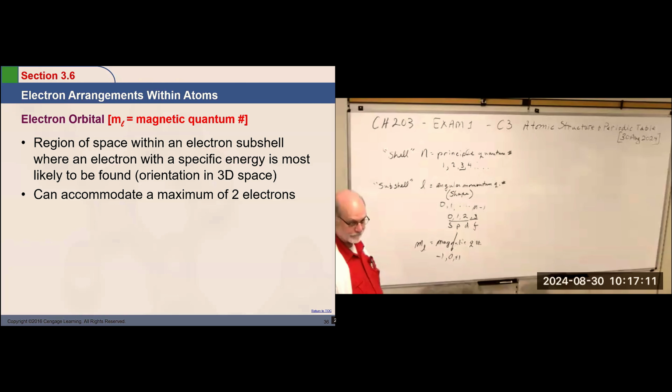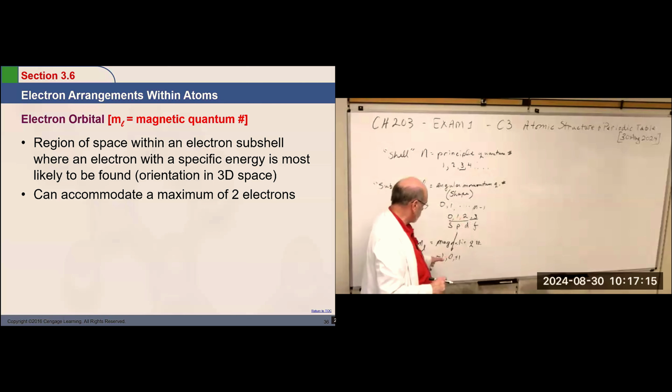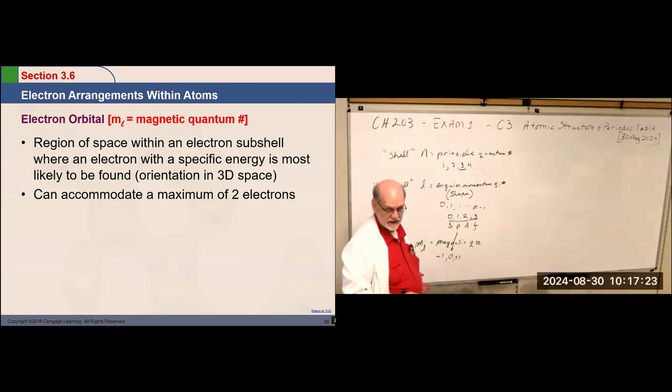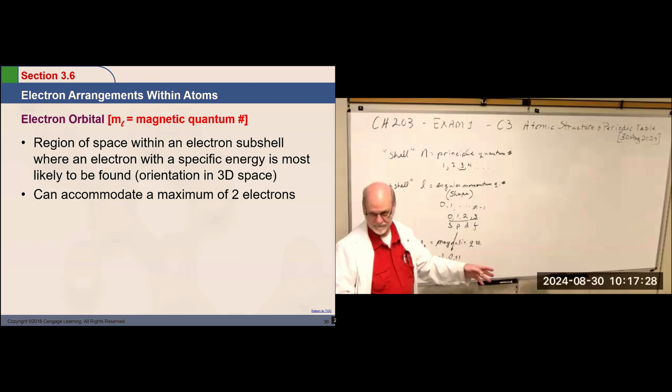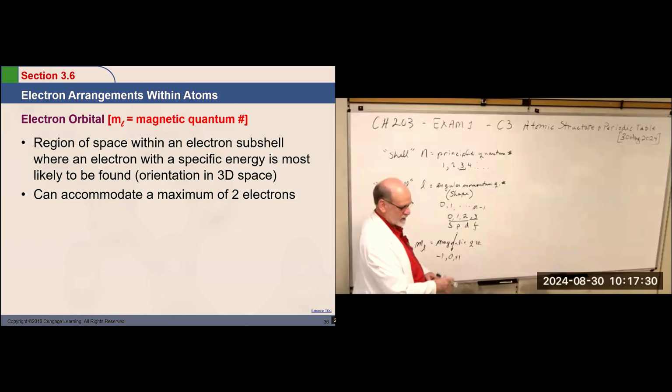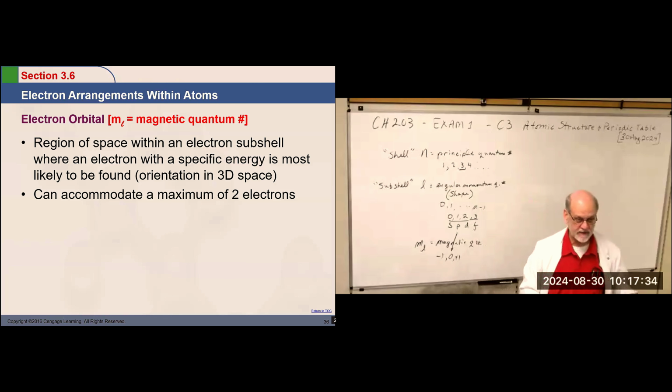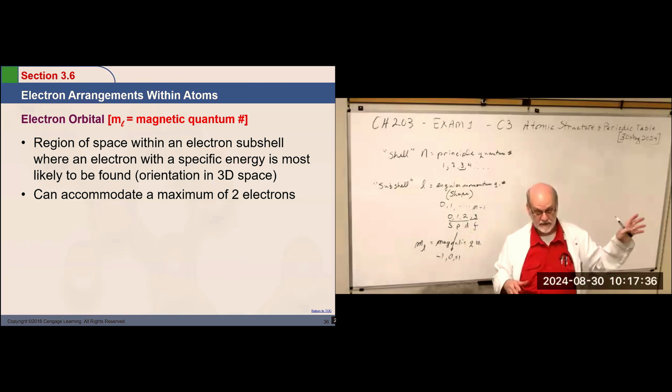Okay. If we had a 2, we could go -2, -1, 0, +1, +2. If we were at a 3, we had possibilities of -3, -2, -1, 0, +1, +2, +3. Okay. Kind of balloons. Now that's going to make a whole lot of sense. I'm going to show you how it fits with the periodic table in just a minute.